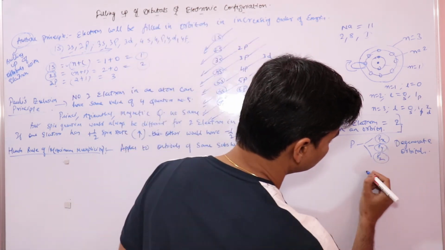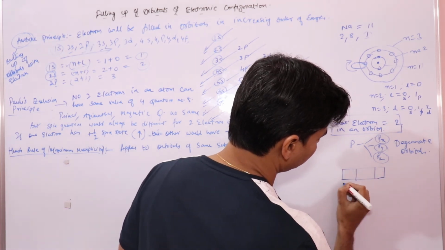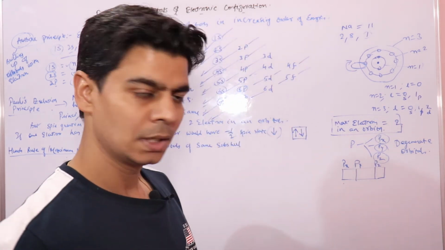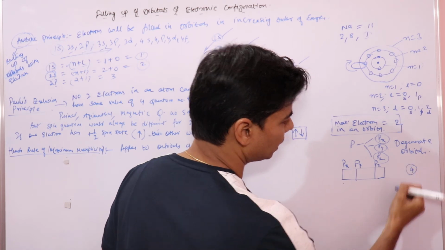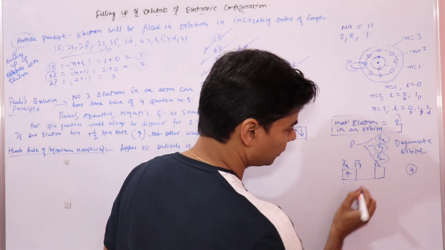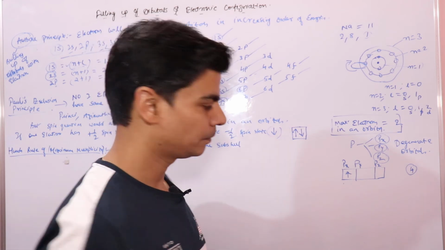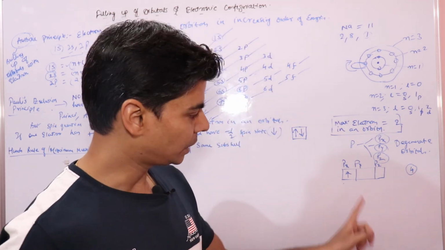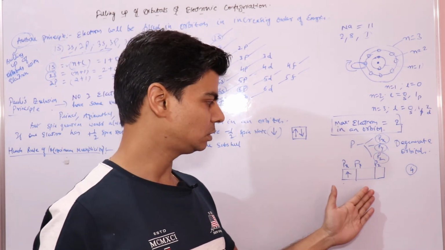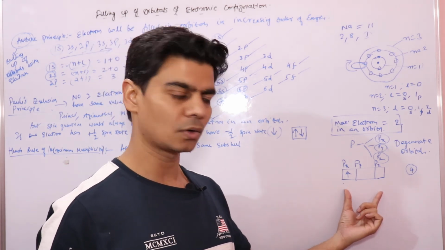That is, if these are 3 orbitals, px, py and pz, and if I have, say, 4 electrons that I have to distribute in this p subshell, then first I'll distribute one electron in each of the 3 orbitals. I have 4 total electrons that I need to fill up in the p subshell. So how will I fill up the electrons in the orbitals of the p subshell?